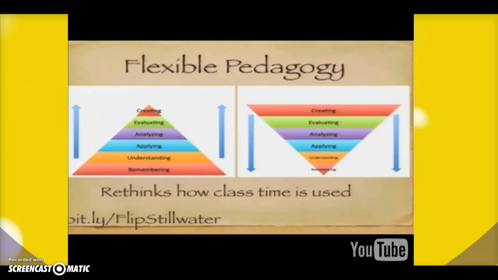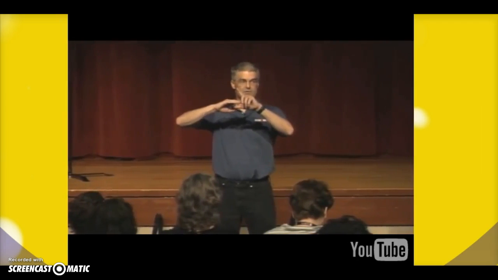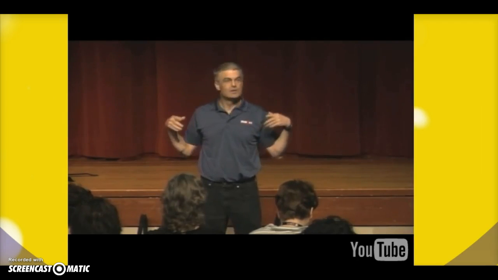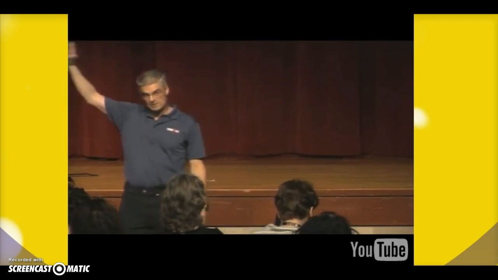Well, let's think about Bloom's taxonomy. Now, we've got 2 pictures of Bloom's taxonomy. Implicit in Bloom's taxonomy, if you think about it, is time. The area of that triangle, the one on the left, is that you spend most of your time in remembering and understanding. And now let's be honest, folks. The videos are only good for the bottom 2 tiers of Bloom's. But what do we spend most of our time in our class on? The bottom 2 tiers of Bloom's. And we hope that somehow we can climb up and do some application, analysis, and maybe someday create.